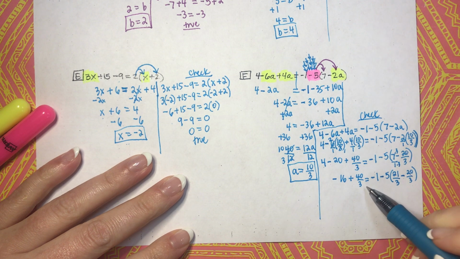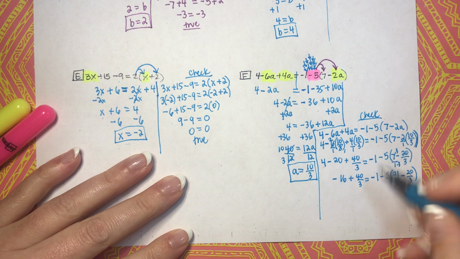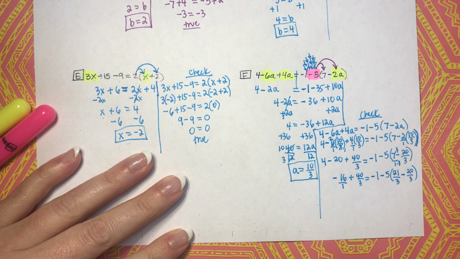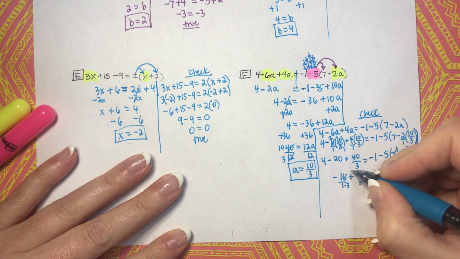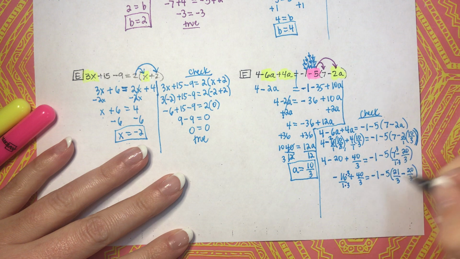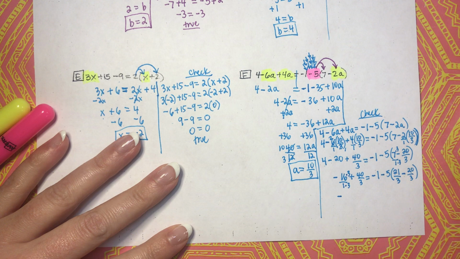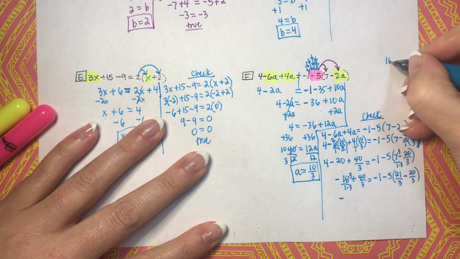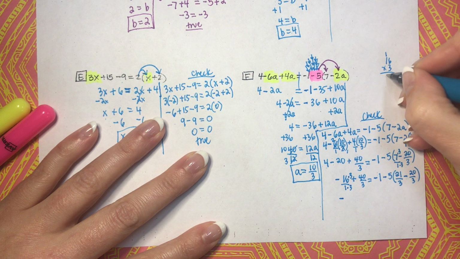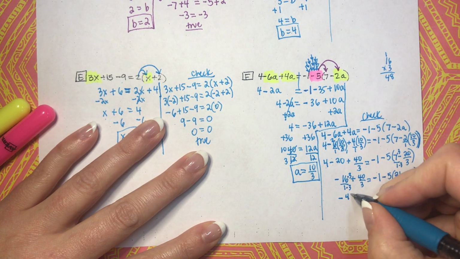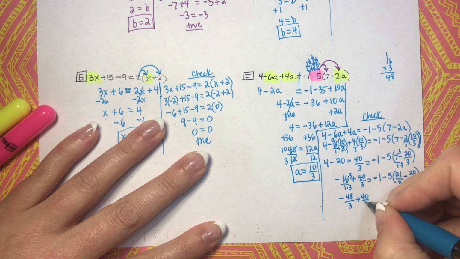So yeah, then we move over here. Okay, so we need to add, and we have a fraction here, so we need to make this a fraction. So 16 over 1, get a common denominator again, which is going to be 3. So we got to multiply this by 3, to the bottom and the top. Okay, so what do we have? We have negative, and then 16 times 3, I'm not sure what that is. I'm going to take that up here. 16 times 3, 3 times 6 is 18, 3 times 1 is 3, plus 1 is 48. So we have negative 48 over 1 times 3 is 3, plus 40 over 3